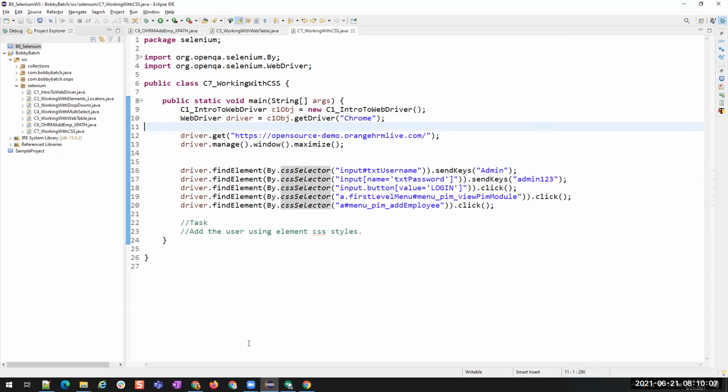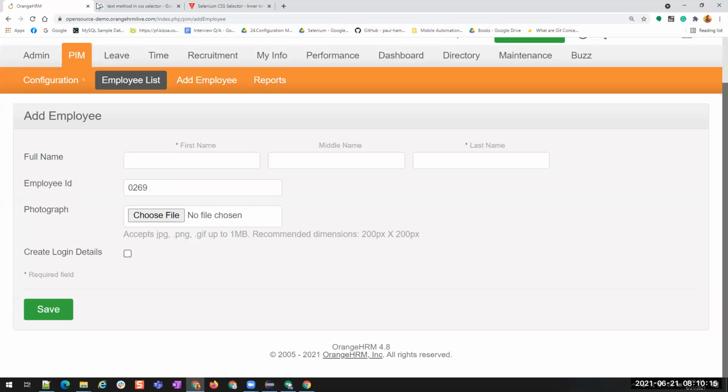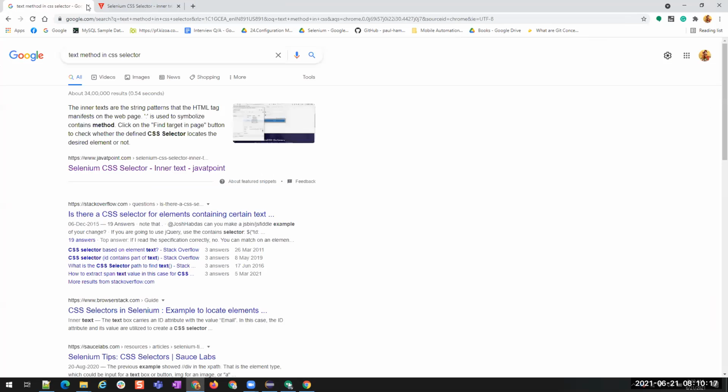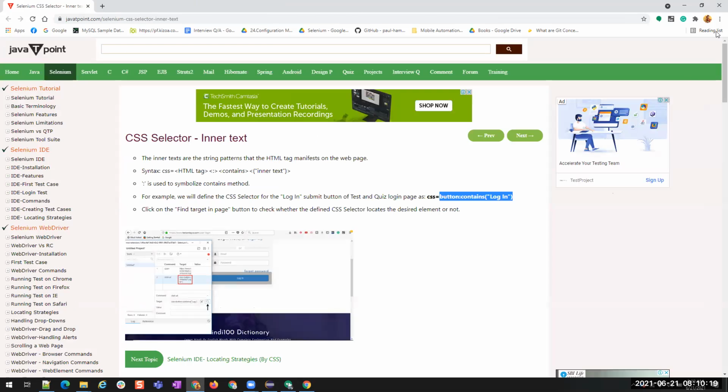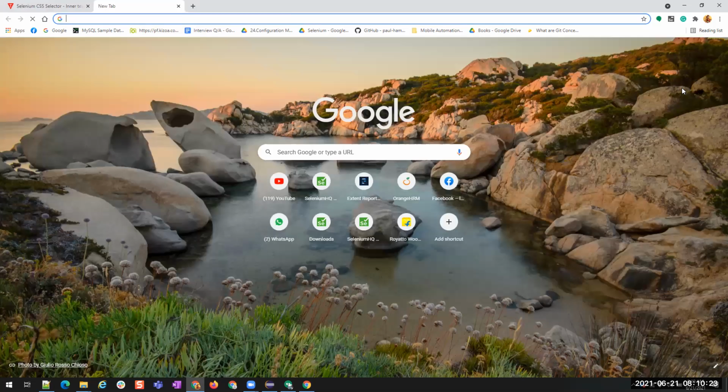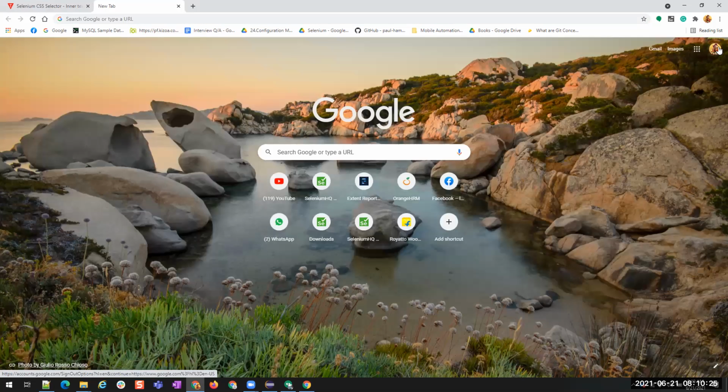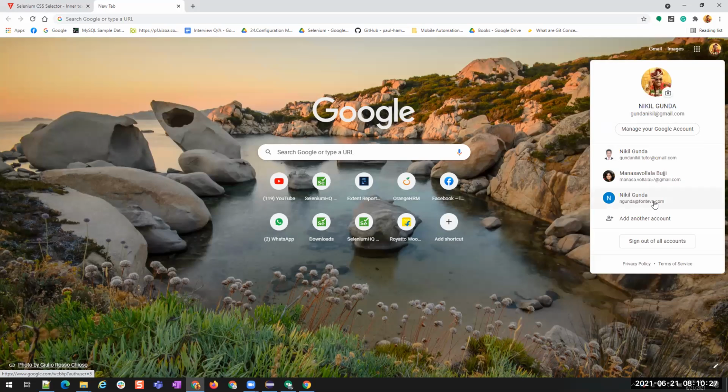Any questions in the CSS? No? Okay. I have notes prepared just for you to understand the different methods. Let me open that notes and show you.